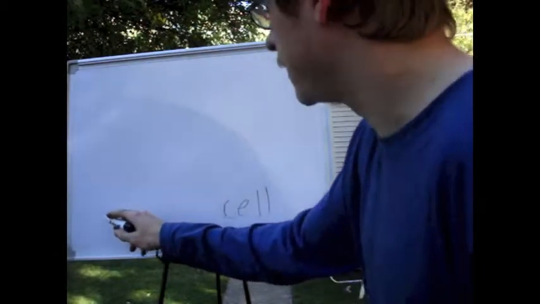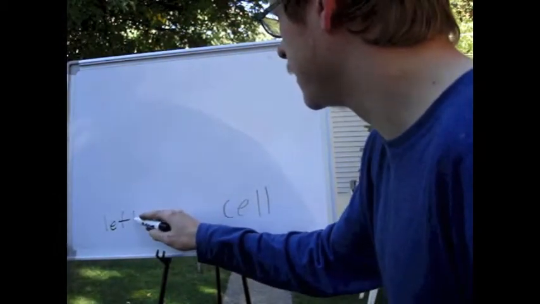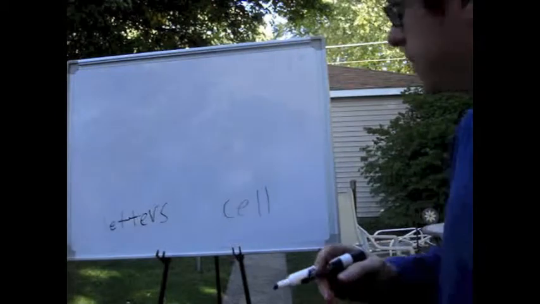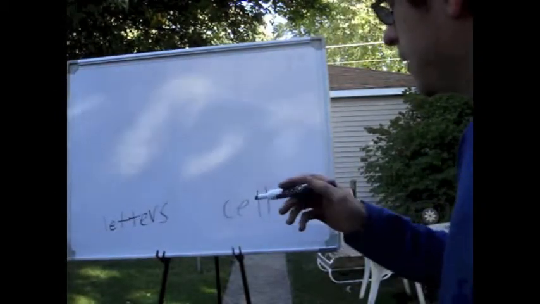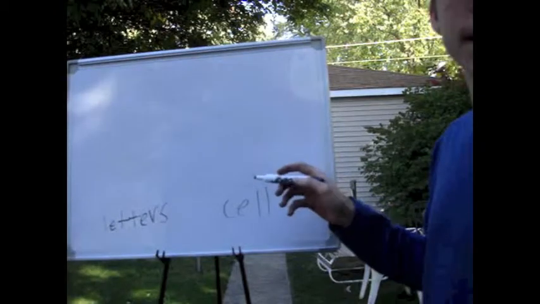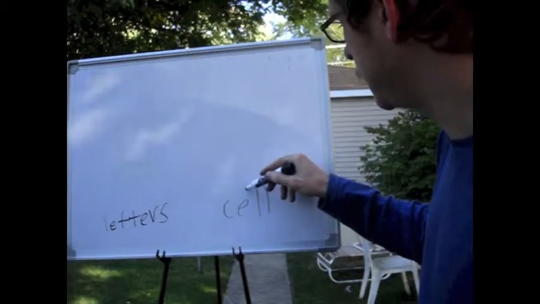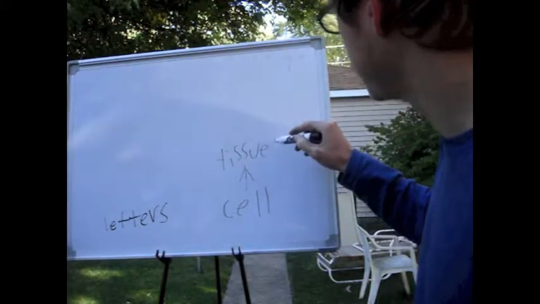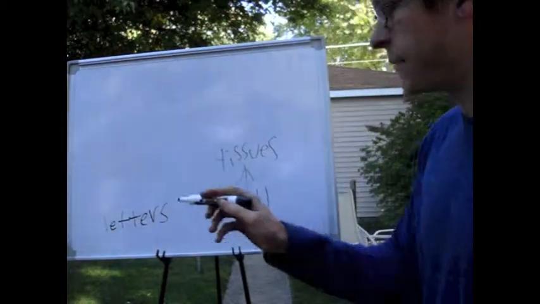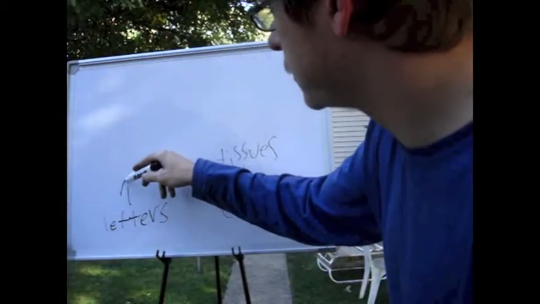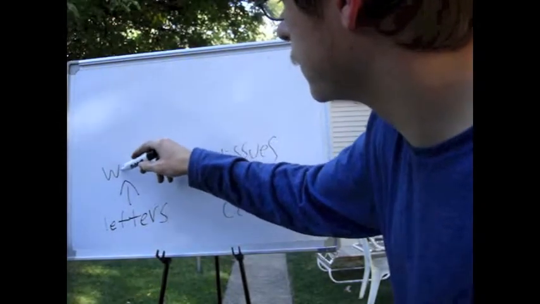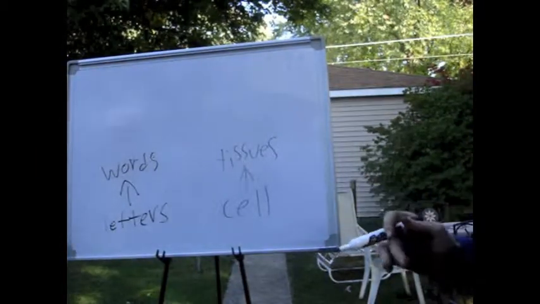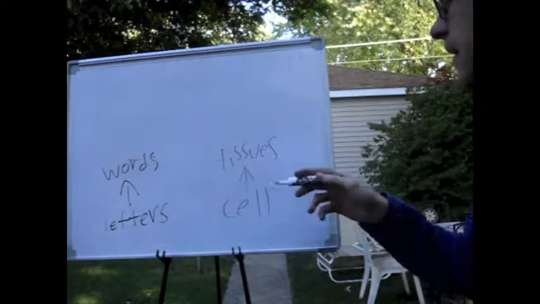Well, it's letters. We have different languages, with different letters and different words, but the basic unit is letters. Going back to the human body, we can take the cell, combine it together into units, and we get different tissues that make up our body. And what's the next level up in language? Well, it's words. We combine letters together to get words, just like we combine cells together to get tissues.